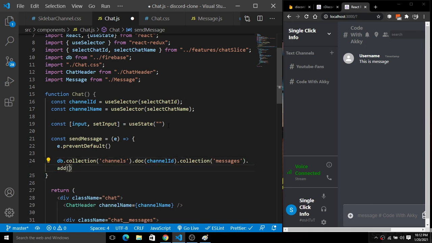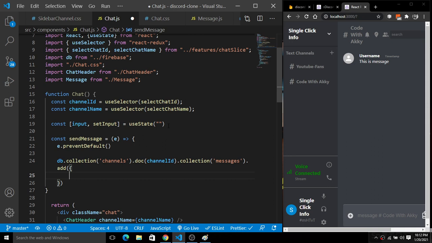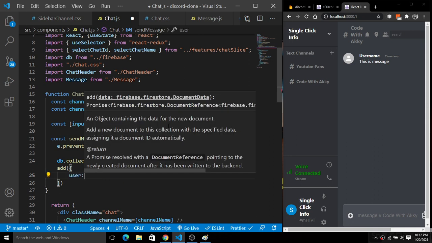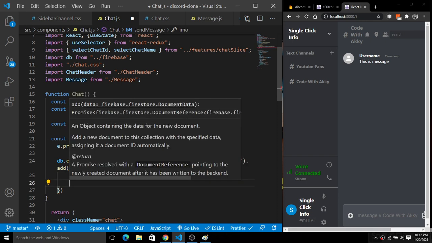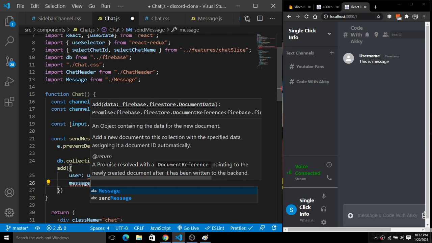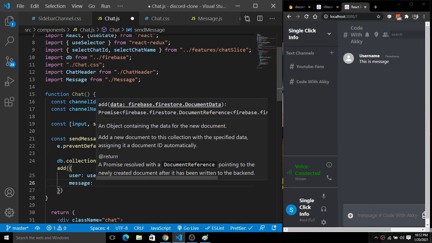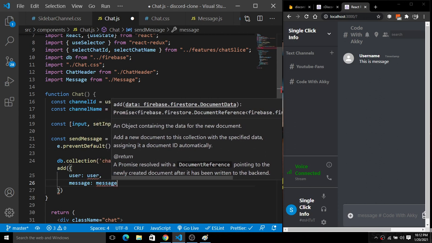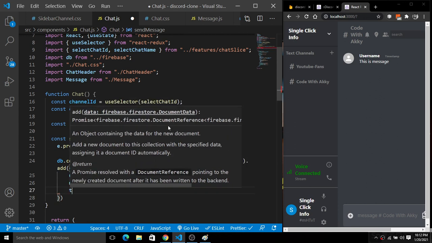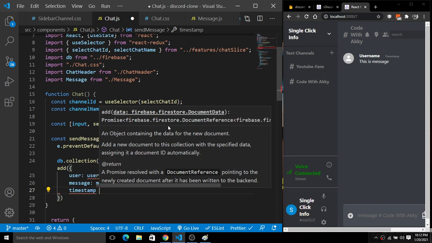I'm going to add that message. So how will we add the message? We will add a bunch of information. We will add the user information also. We'll add the message input, meaning which user adds the message, what the message by that user is, and the timestamp. The timestamp will be when the message is delivered.